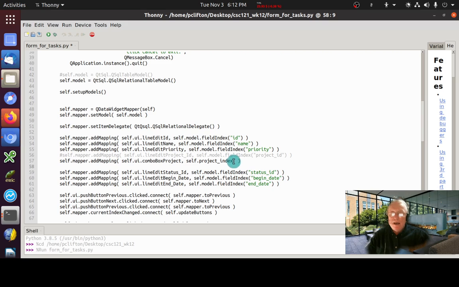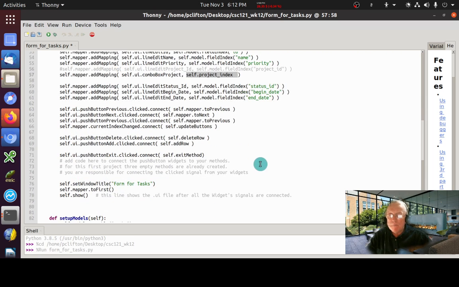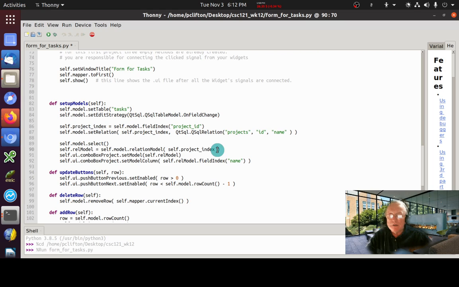So our index is what we're actually going to use to get the mapping. And remember, we set that project index up right. Let's see, where did we create it? We created it right here. And so that's all the changes. Now the